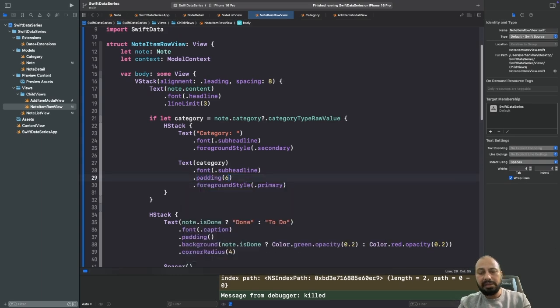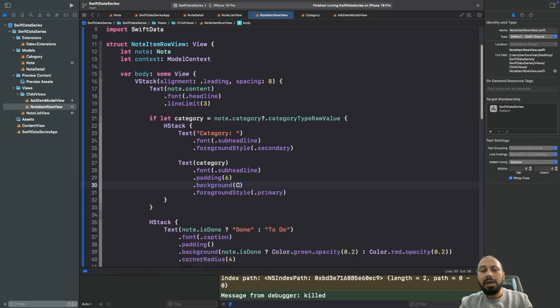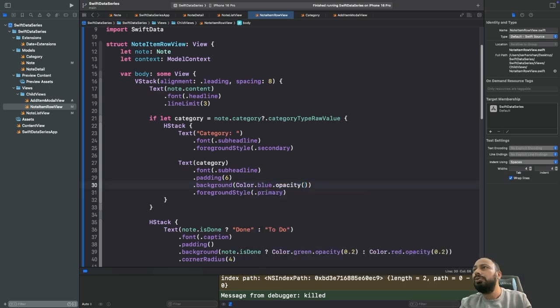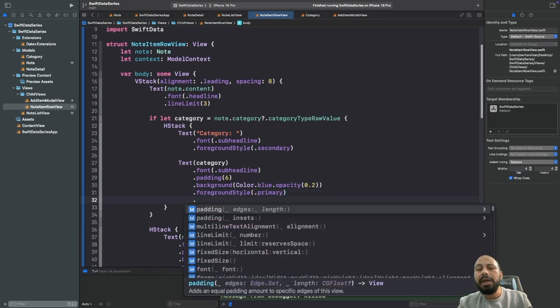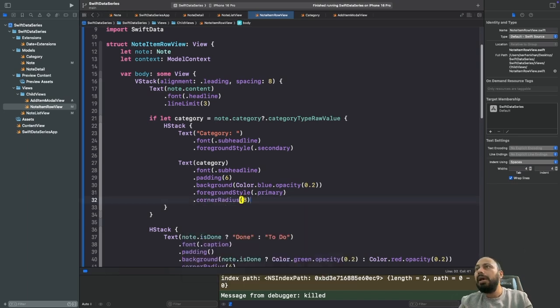It's going to be 6, and some background color to category, Color.blue.opacity with 0.2, and foreground style is primary, which I want to give a try. And also corner radius is going to be 8, and let's run the code and see what has been changed actually